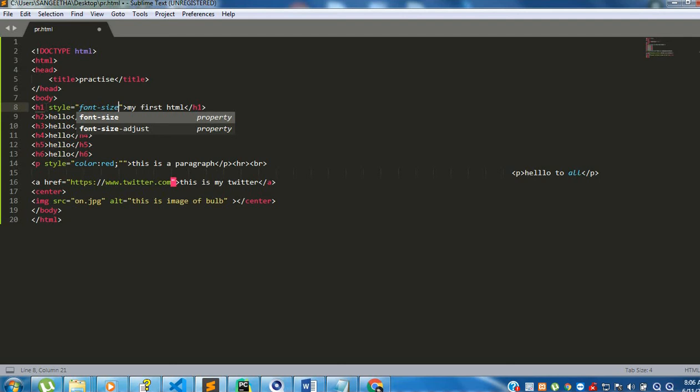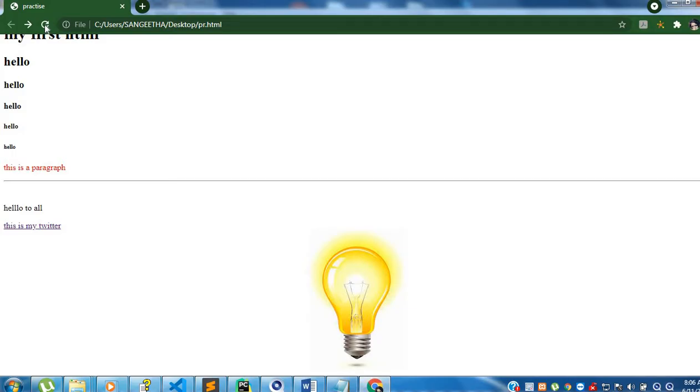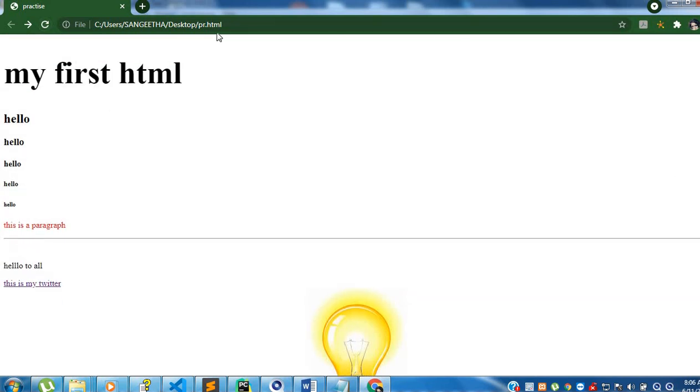Say font size, I want it in say 60 pixel. Okay, let me check whether this is working. So I have to go over there. See, you can mention whatever pixels you need, you can define your font size for your things. Okay,